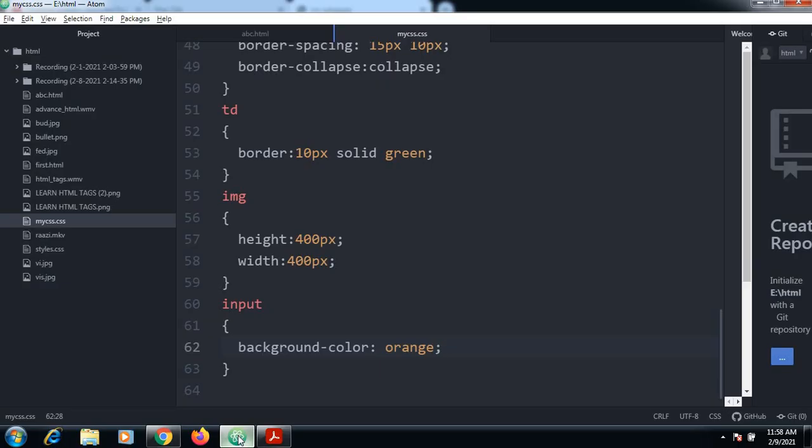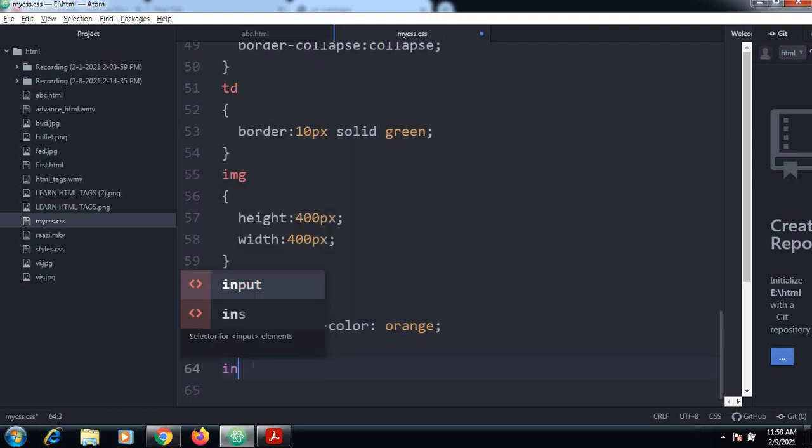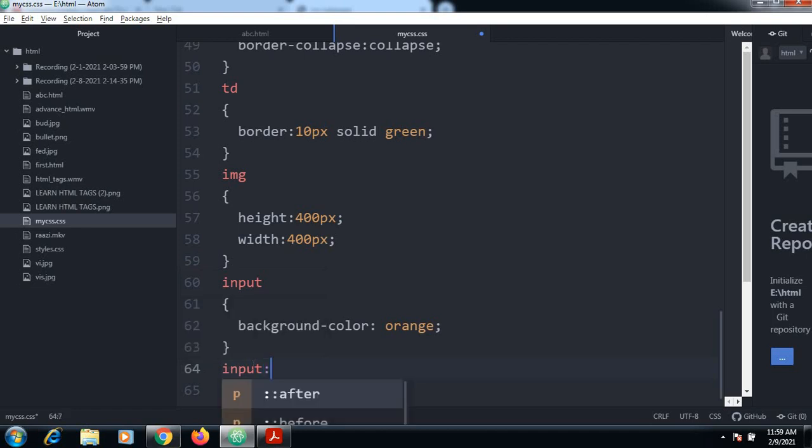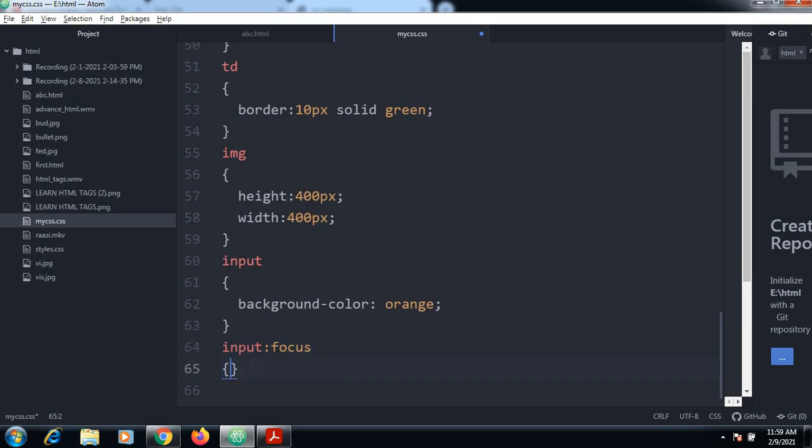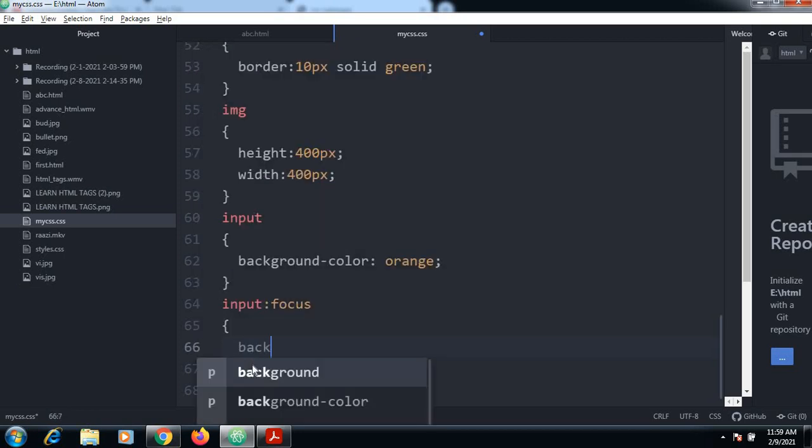Whenever a user enters the text box, the color should be changed. So how to do this? We have input focus. So now we have a background color.